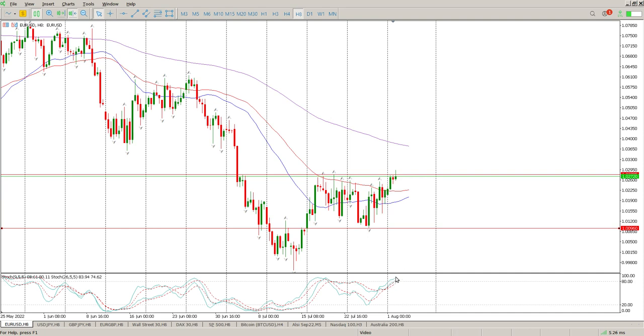Only concern I've got is that we are back at the top on the oscillators here. So it needs to break through here, come back and retest for buying opportunities. Otherwise, it's going to reject here and come back down to test the bottom of this range. If we drop down to the hour,